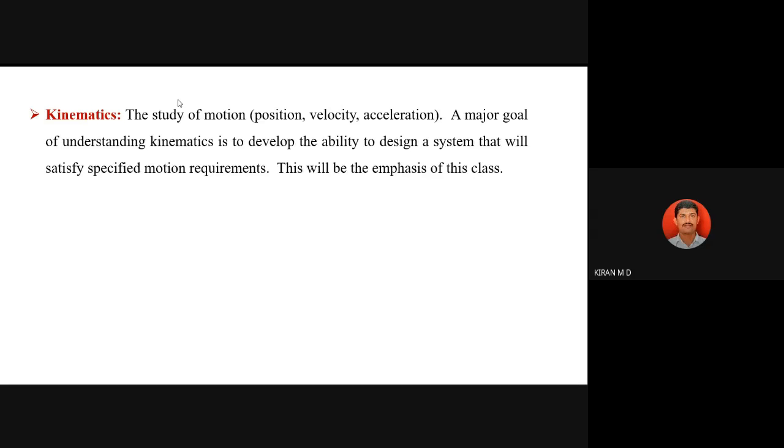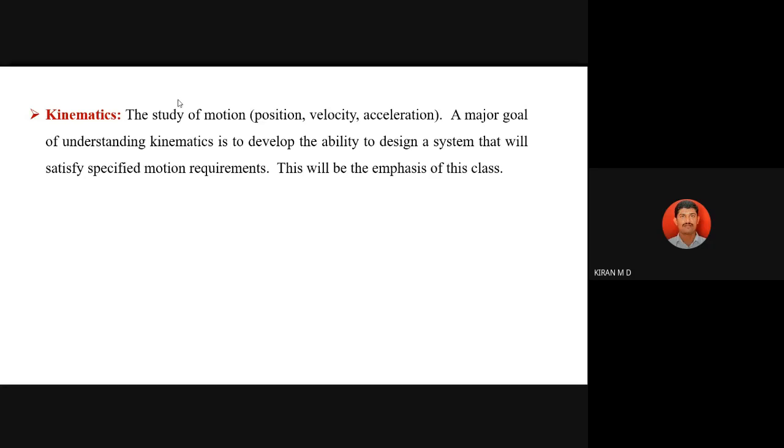Again, when we come to kinetic, the components have relative motion to each other. In kinetic, both force and motion will transfer. Examples are machines: any machine components having transfer of both motion and forces. Again, when analyzing machine components, we classify them into two types: one is kinematics and another one is dynamics.